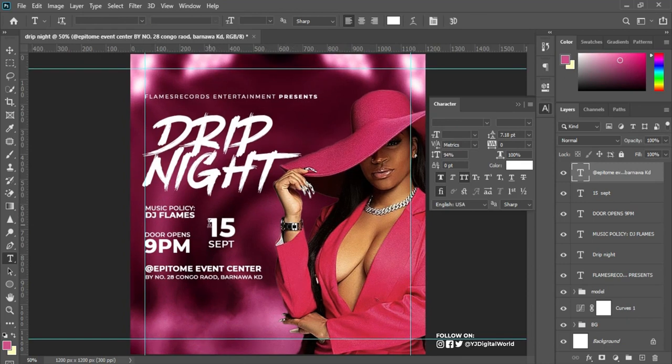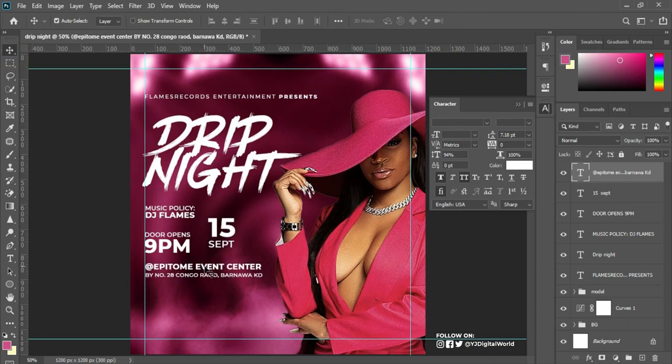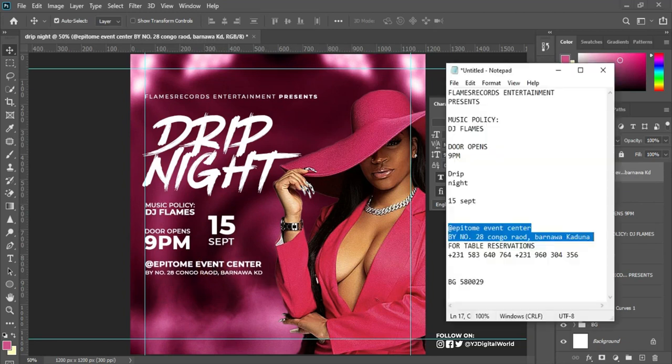So after doing this, I have to adjust the position of this as well as this, okay. So after doing this, next thing I'll be doing is to bring in this my last set of text here,